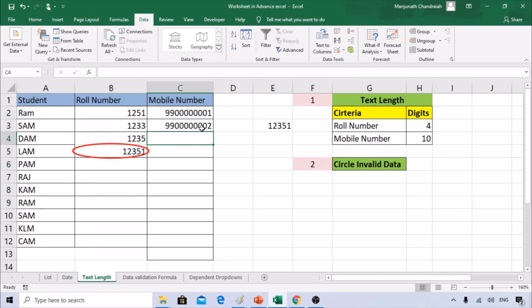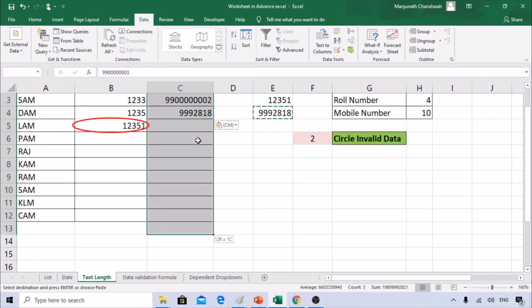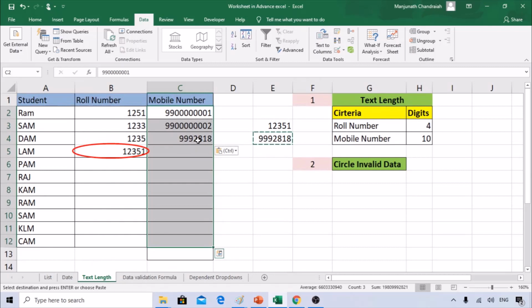Same thing here. Say I copied the mobile number from somewhere and pasted it here. In that case, because it was copied and pasted, the data validation won't be working.